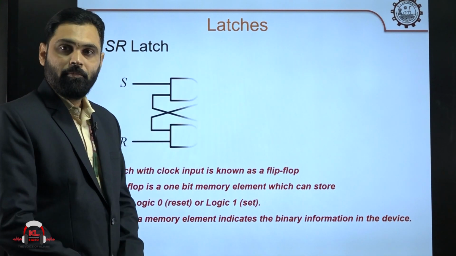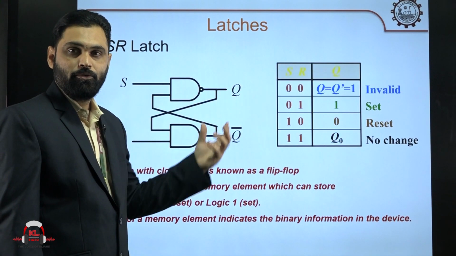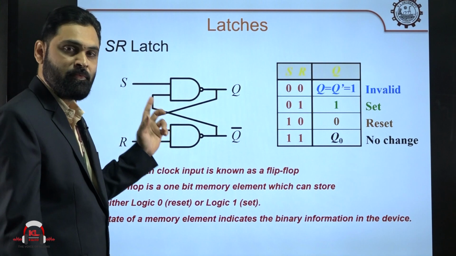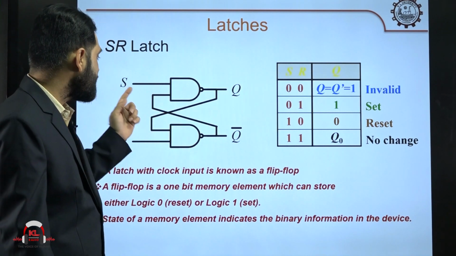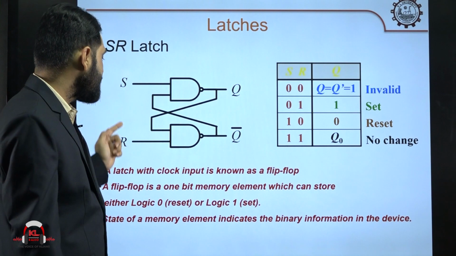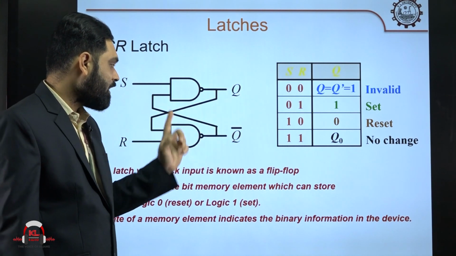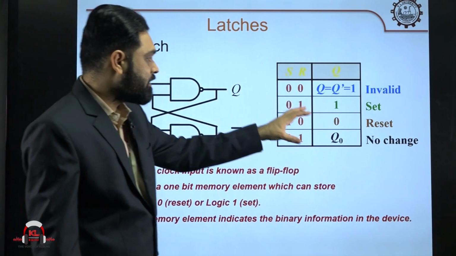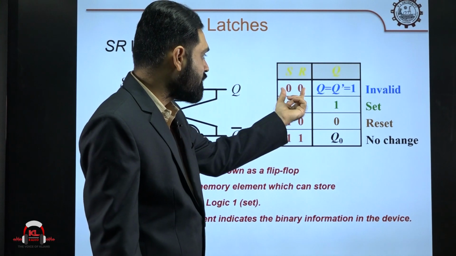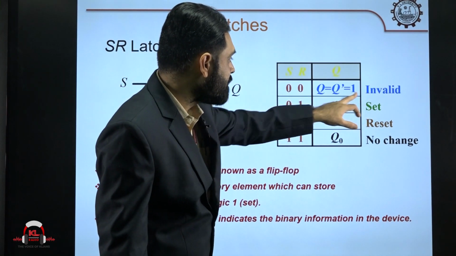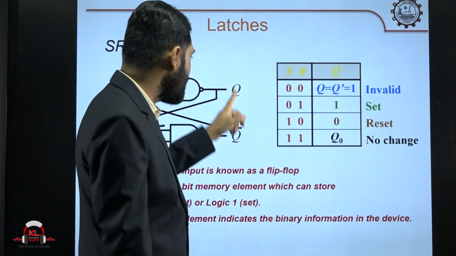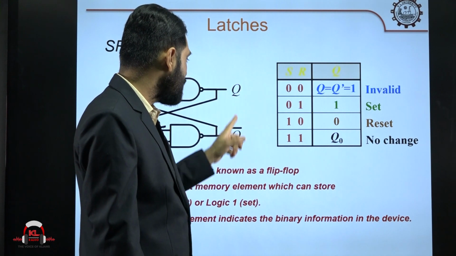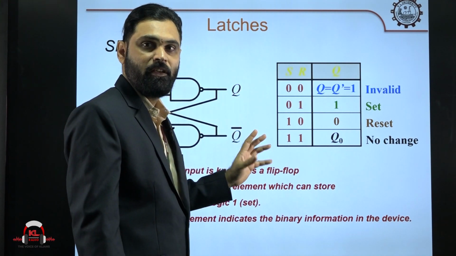And coming to the memory units, already told that we have two memory devices, latches and flip flops. A basic latch will be like this. A NAND gate based latch is given here. The latch consists of two inputs S and R, this is the SR latch, and two outputs Q and Q bar. Out of these two outputs, Q is the actual output. If you look at the table of this SR latch, when inputs are 0 0, that case we call invalid, because Q and Q bar both will give 1. If Q is 1, Q bar should be 0, and if this is 0, this should be 1. Both should be inverse to each other.